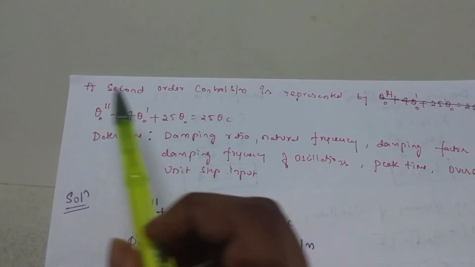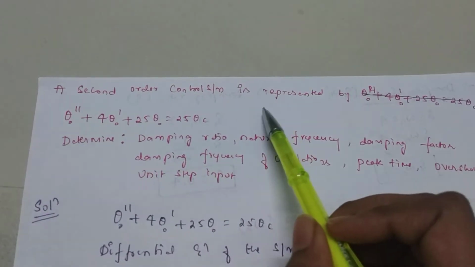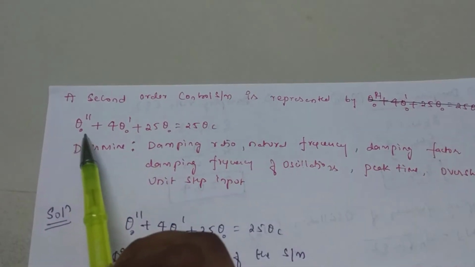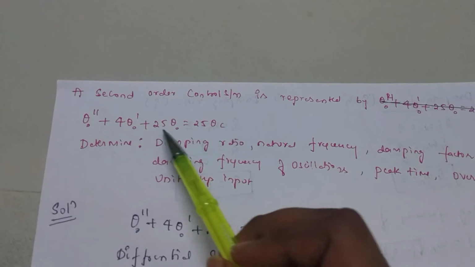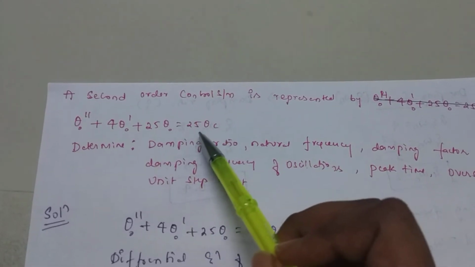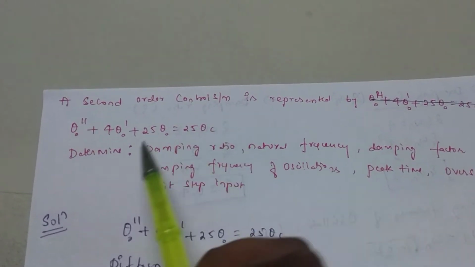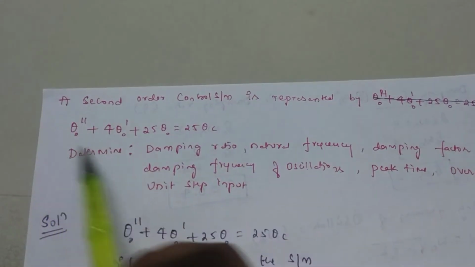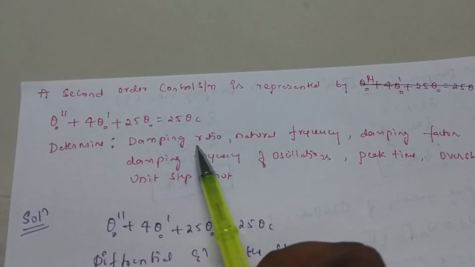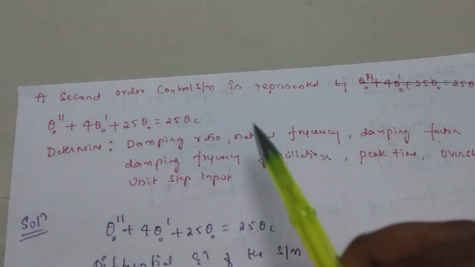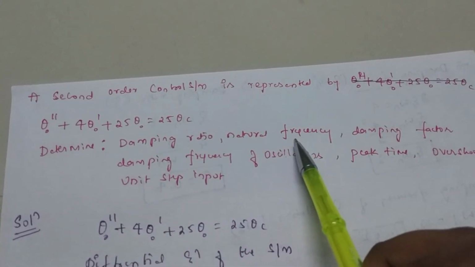The next question is, a second order control system is represented by theta naught double dash plus 4 theta naught dash plus 25 theta naught equal to 25 theta c. So this they have given in a differential equation form. What we need to find out here is to determine the damping ratio, that is theta, natural frequency omega n, and